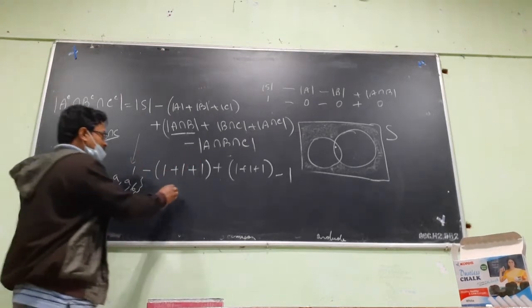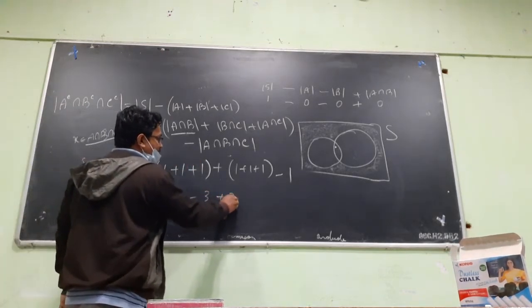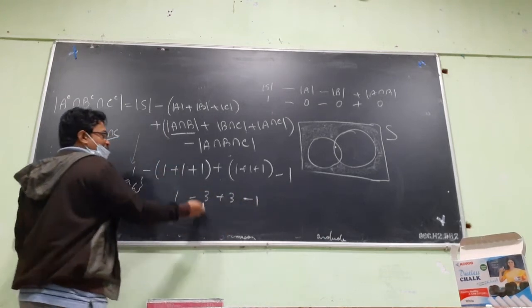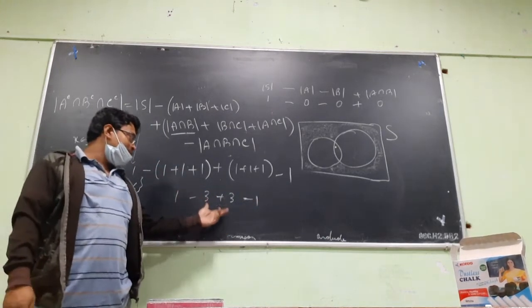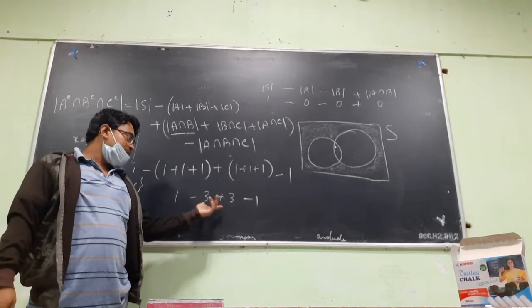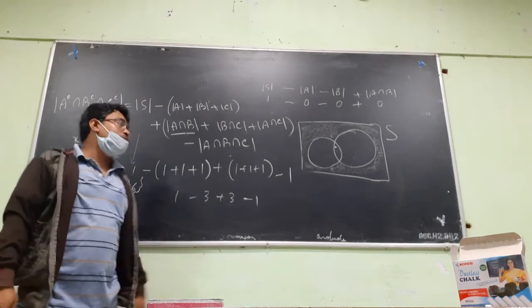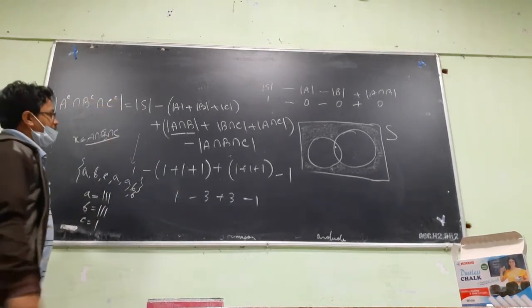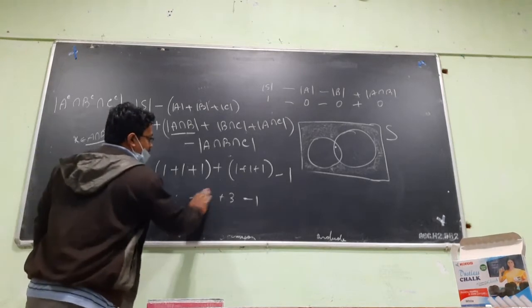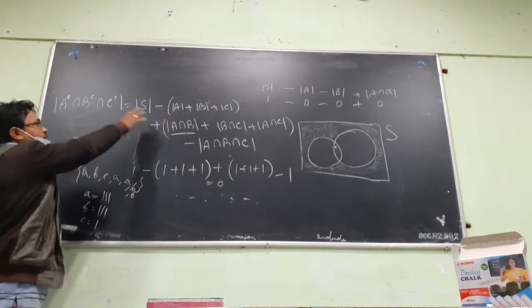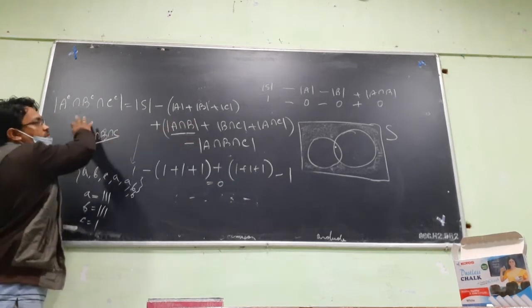Now, a question came up about the 1 minus 3 plus 3 minus 1; in the conclusion part I got confused. Okay, it's actually the correct thing only. It is counted 0 times because this element doesn't belong to this, so it should not be counted. So net count here is 0. So an element which belongs to all the three sets is not counted on the right side. It is not counted on the left side.